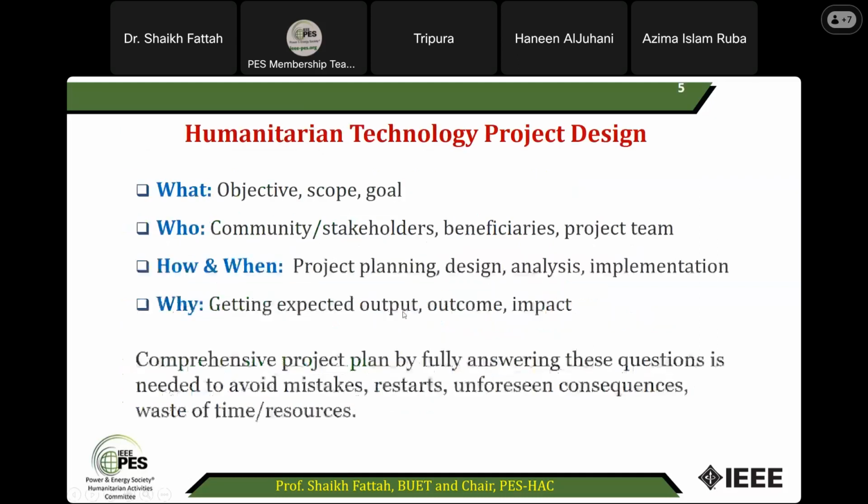What's required in many cases is adapting to the current needs, the local needs, the local people's demand. That's the important thing. So when you are designing a project, ask just 4 questions. What is your objective or scope? Whom do you want to serve? How do you want to serve? And the most important, which sometimes we don't ask: why do you want to serve? Because if you don't ask this question, there will be many questions behind why you want to serve.